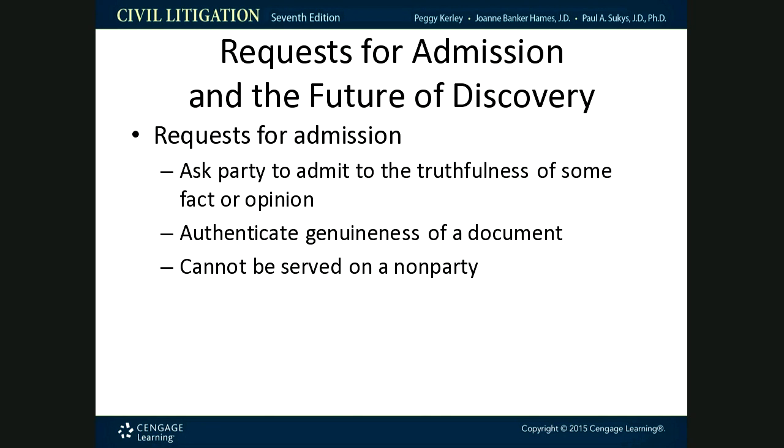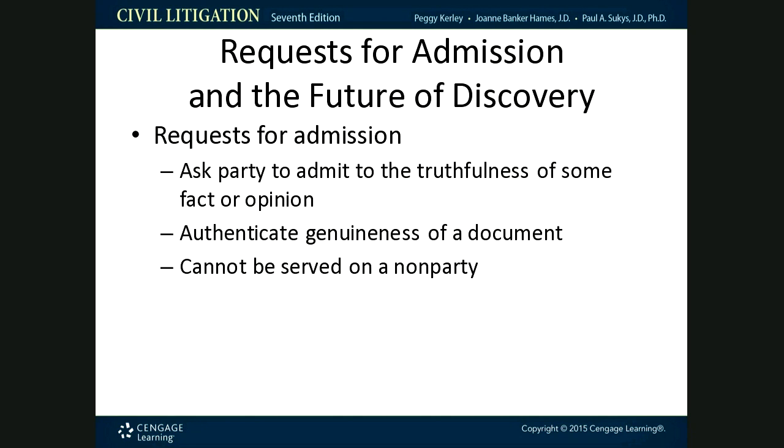You can also ask them to authenticate certain things. You can have documents, and you can say, look, that the contract attached hereto as Exhibit A is a true and correct contract that is the subject of this lawsuit. But remember, just one fact, because if you put more than one fact in each admission and they admit it, are they admitting to, let's say, the first fact that's in the admission or the second fact? So it becomes confusing, and it doesn't have the same force and effect. If it's limited to just one fact and they admit it, then we know they admitted to that fact and that fact alone. So you've got to be very careful when you're doing admissions.